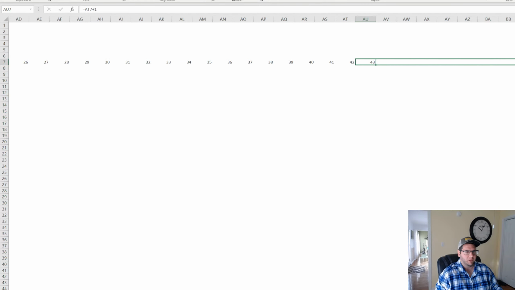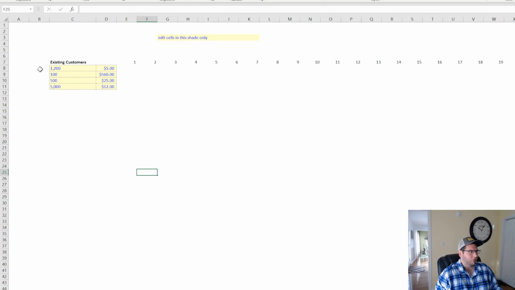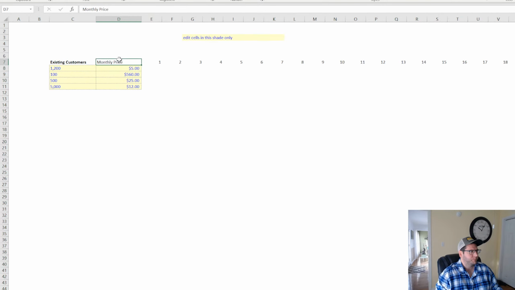Usually it's like 1 year to 2, maybe 3, but for a rolling forecast, we'll just go out to 60, it's fine. And we'll say, existing customers, monthly price, they pay, and then what else? We need to know the retention rate. So we're going to say, they could have different retention rates. So retention rate